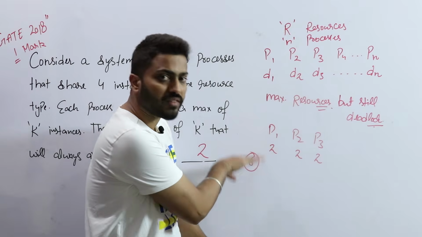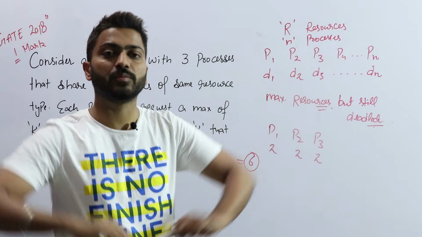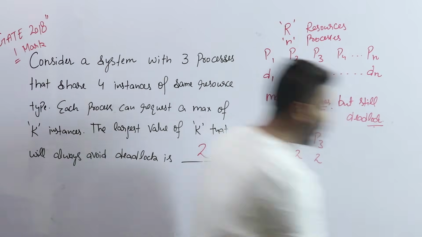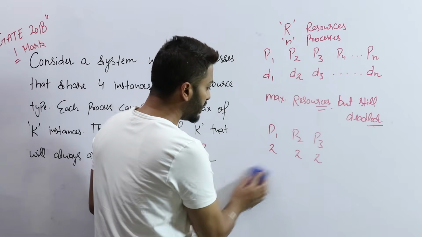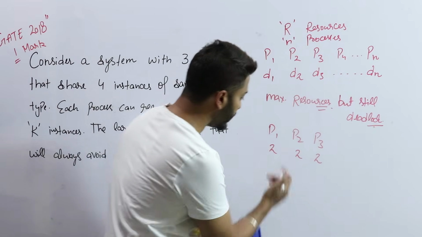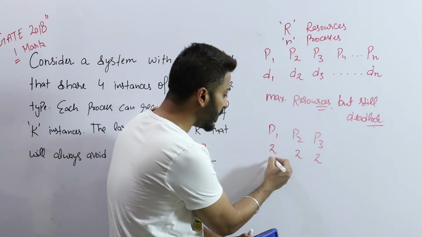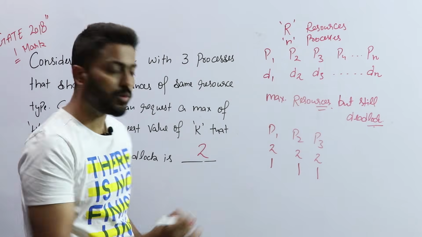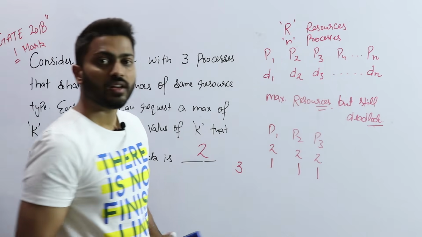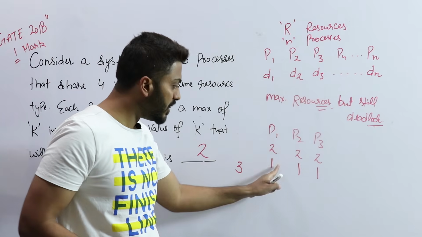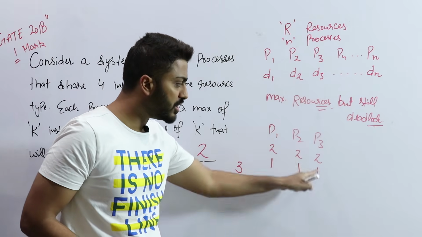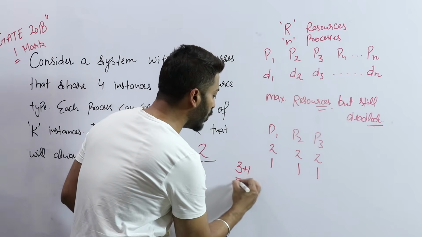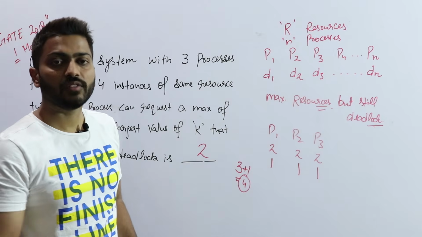You have to minimize the value. You should not purchase the maximum resources. You should purchase the minimum but free from the deadlock. So how do we derive it? Rather than directly giving the demand, their demand is 2, I am not giving 2, I am giving 1. I am giving 1, I am giving 1. Means how many resources am I giving? 3. But now there is a deadlock because everybody needs one more resource. Every process needs one resource.